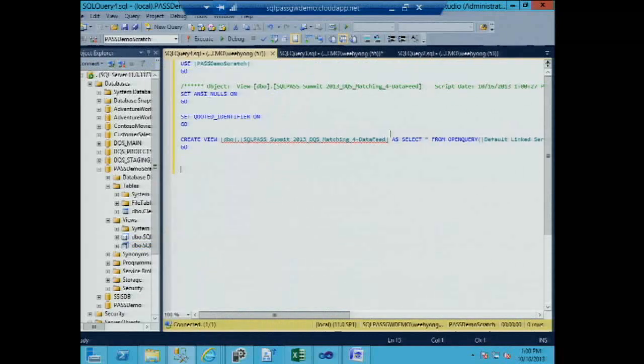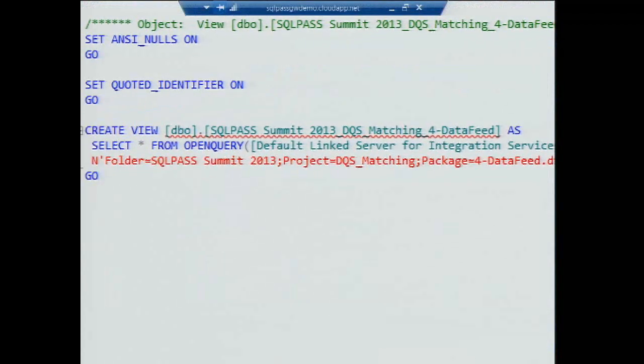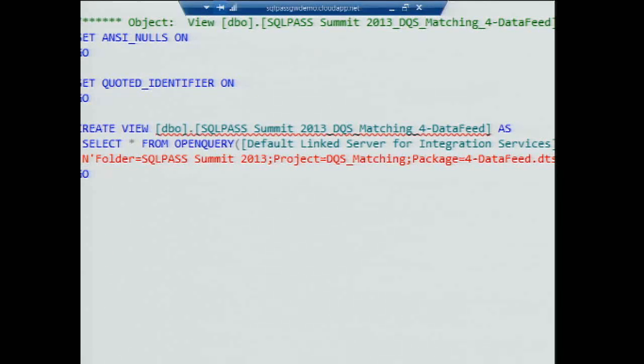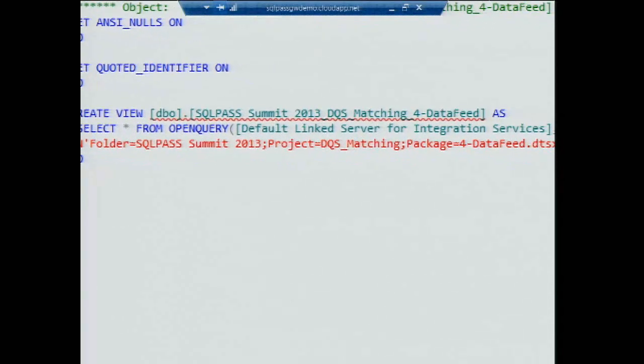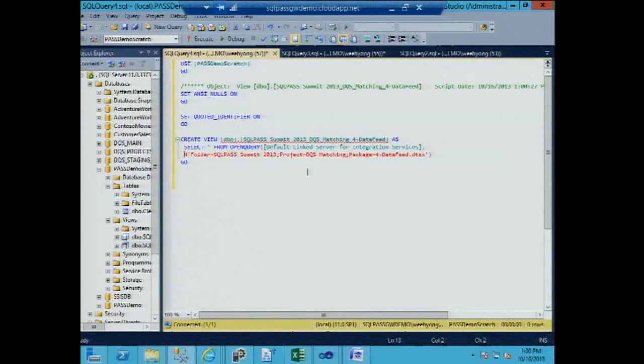Essentially what the wizard has done is create a view. The data coming for this view is from a linked server query, which says OpenQuery, connect to SSIS package. This is the SSIS package that you will connect to for the data feed, datafeed.dtsx. And that's it. If I were to do a select star on this view,